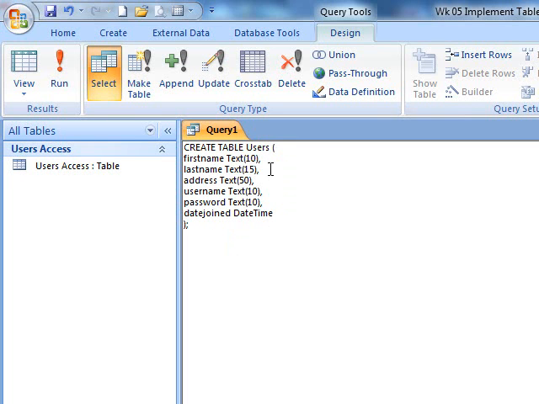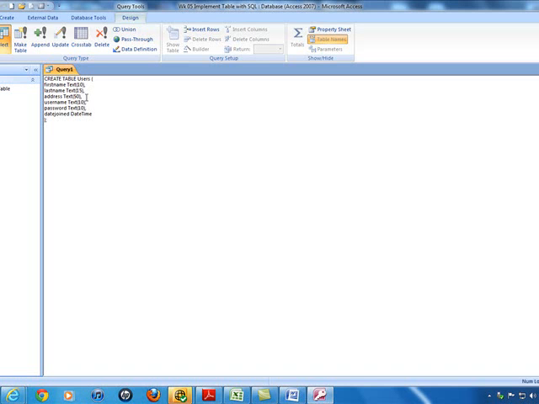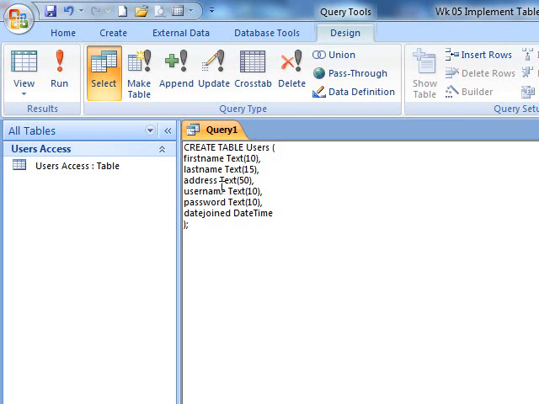You can see the last name is also a text field with 15 characters, that's the field length. There's the address, username, password, and this one's a date time field. So it's just the same, but this is what the SQL looks like for a table similar to this. Let's run it,